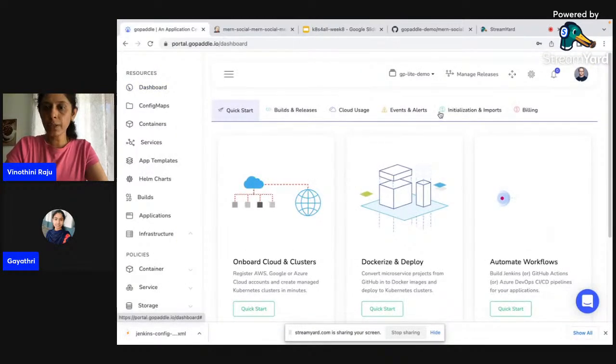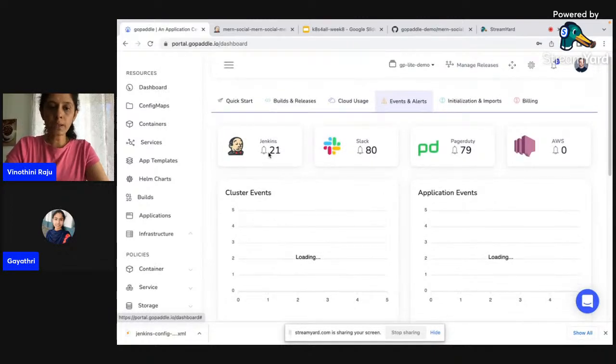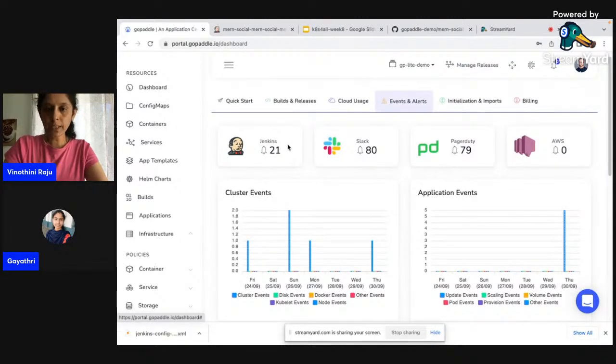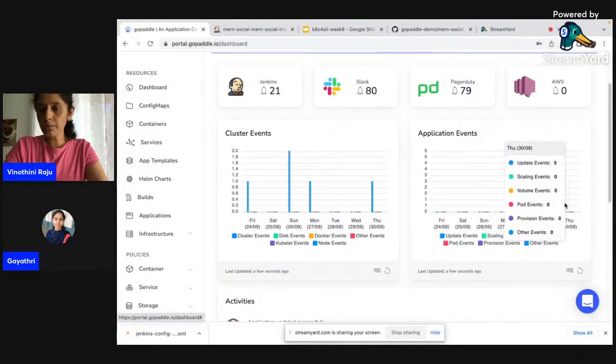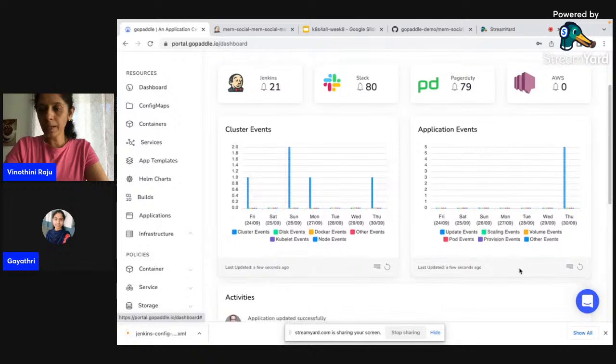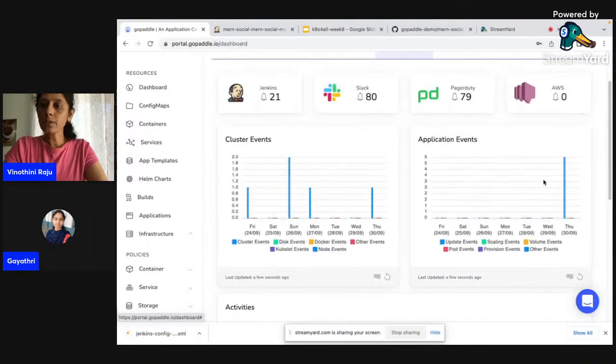Under your events and alerts, you can see how many Jenkins alerts have been sent. And then you can also see the application events. So you can see 5 updates have happened since this application was launched. And you can also see the latest activities, like the application has been updated successfully and who has updated it, right? So if you go to the application events,